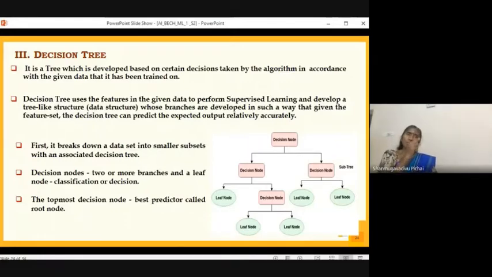When I start from the root node and follow certain conditions, when the condition is satisfied at each node, I have to branch out. If it is yes, I branch to one side, probably the left side, and if it is no, probably to the right side. So I descend the tree, and at the end I hit upon one of the class values: distinction, first class, second class, third class, or fail. Now you'll be able to understand if you look into the table that is given.